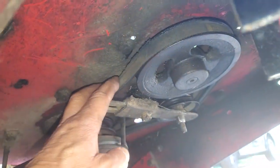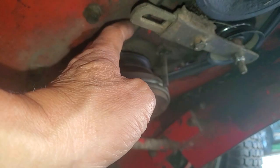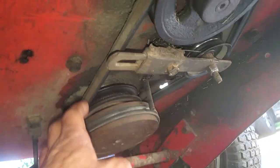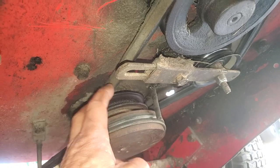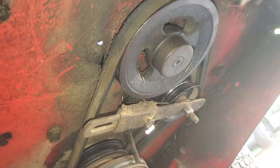Just wanted to show you this transmission belt. Surprised it even drives, but you got this going on here. It's pretty loose. The belt is okay now. I would order another one just to have it handy, so that you won't be down for days trying to find a belt